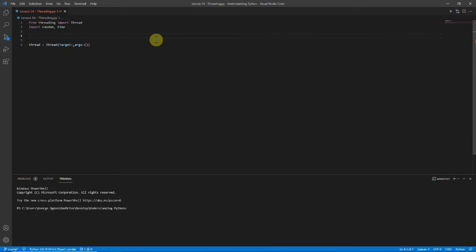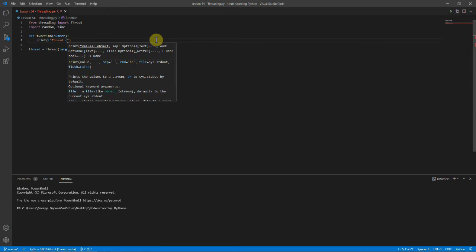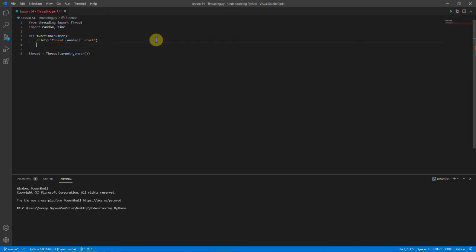So first let's actually define a function we're going to use, so we'll call it function, and it's going to take in a number so we can uniquely identify which thread is which, and we'll print thread and then the number is starting, and then we'll sleep for a random amount of time, and we'll use random.random just so that it's not too long, it's not too short,